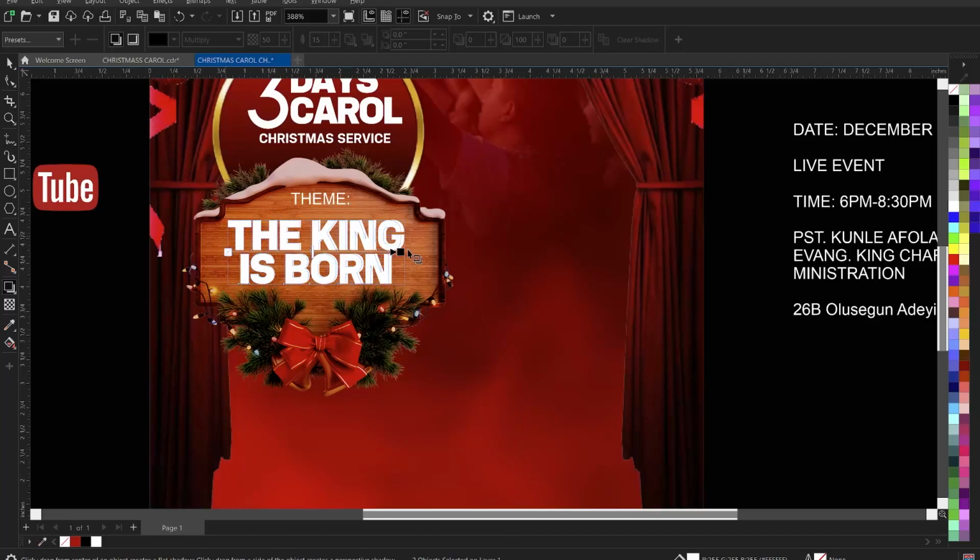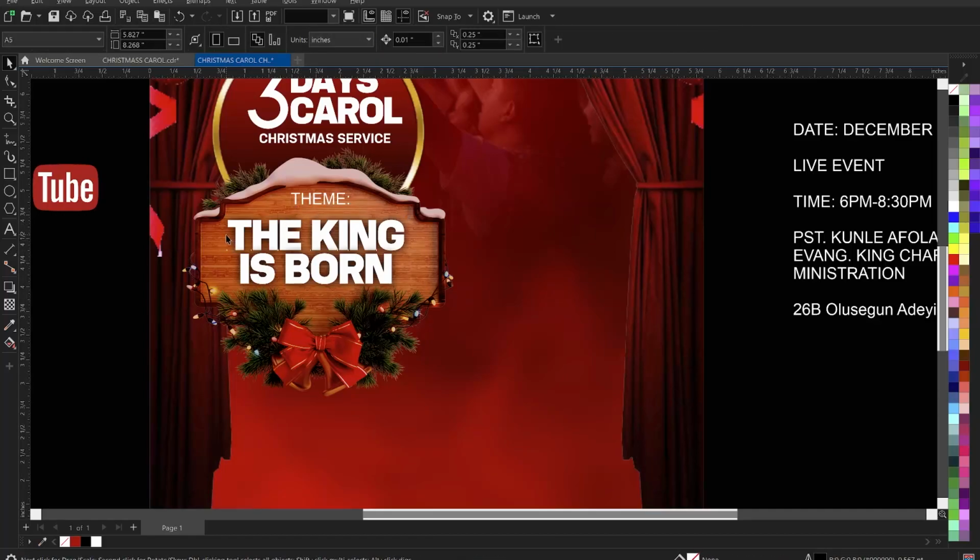We just apply shadow like this, right? You see what I did? I just pick my shadow here and drag it on it. Then I will adjust it, right? I will adjust it and I then adjust the feather like this. You see what I have? I will adjust the feather like that, right? I can even